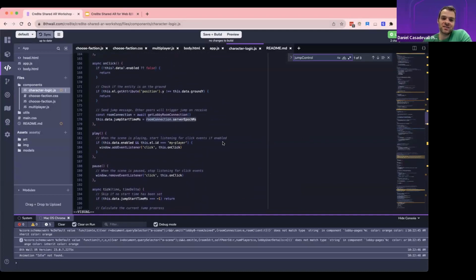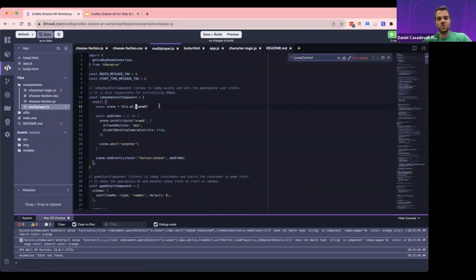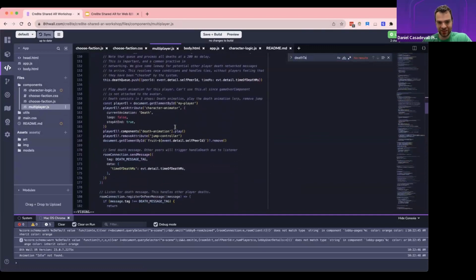The other network challenge that I want to talk about, and I know we're a bit on time, but I think it's interesting, is death race conditions. Latency is the biggest cause of these.